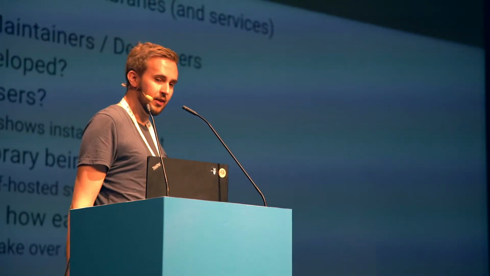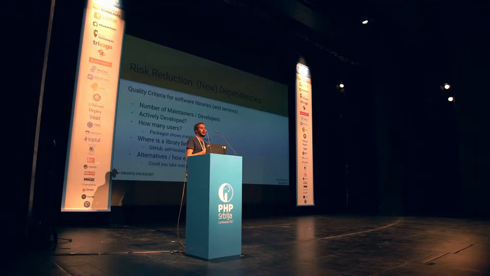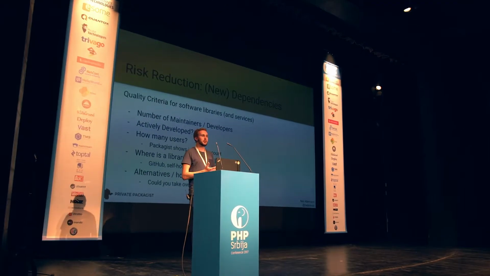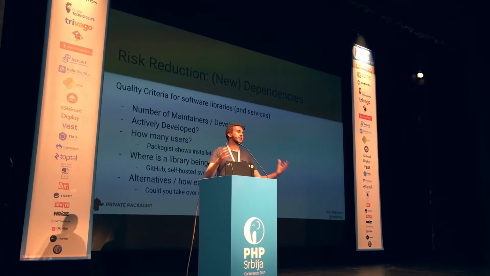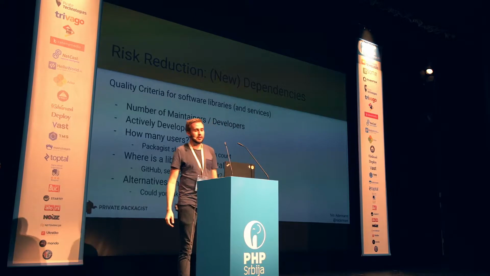So let's rather take a look at what we can do about that. And I think the first step here is really thinking about how do I even pick a dependency, right? Change management isn't just updating, but it's also adding or removing dependencies. So especially for a new dependency that you're adding, but even if you already have it, this is worth looking at. So the list of criteria I have here that I think makes sense to look at when you pick a new dependency, or if you have an existing project that you should be evaluating each of your dependencies with,